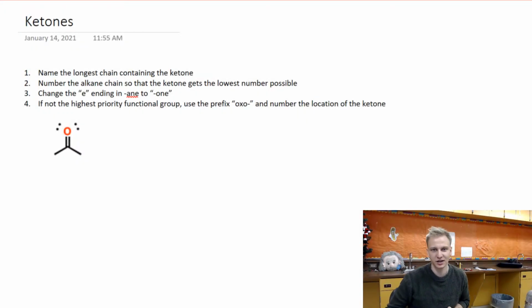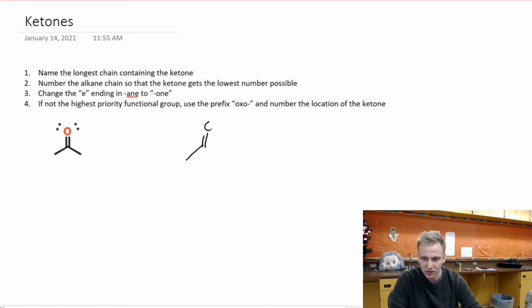Howdy folks, Mr. Nickel here. We're going to talk about ketones in this organic short. So we looked at alcohols last time. We're looking mostly at oxygens when we're looking at these different types of functional groups here. And so what's worth noting about a ketone is that it's a double bonded oxygen that occurs in the middle of the carbon chain. Now, what's worth noting is that there are functional groups that we will look at that